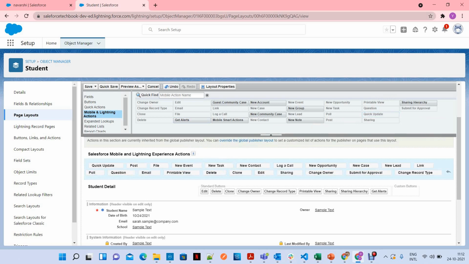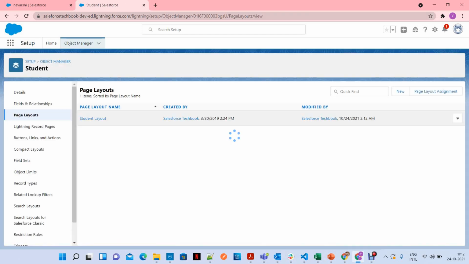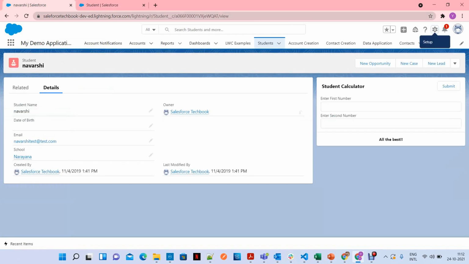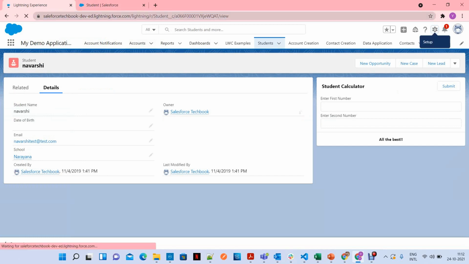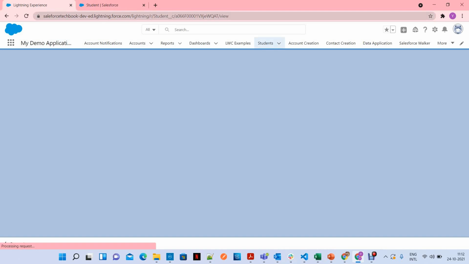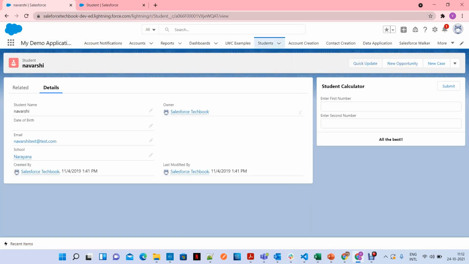Add it here under Salesforce Mobile and Lightning Experience Actions. Now we have added the action successfully on the student layout. Let's refresh this student record. If you observe here, you have quick update.